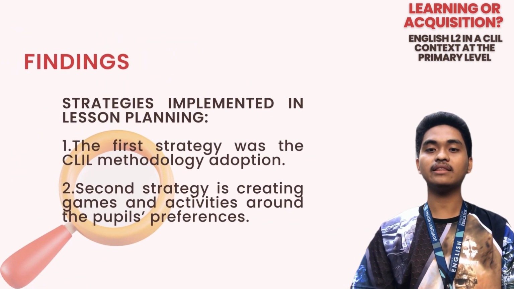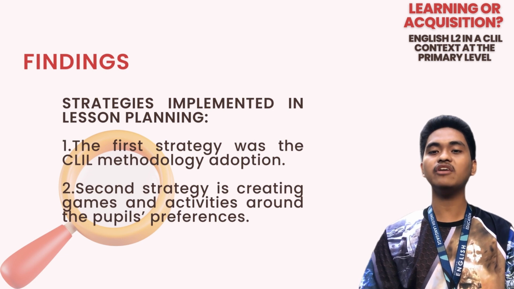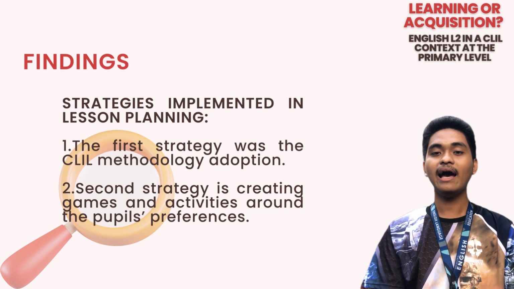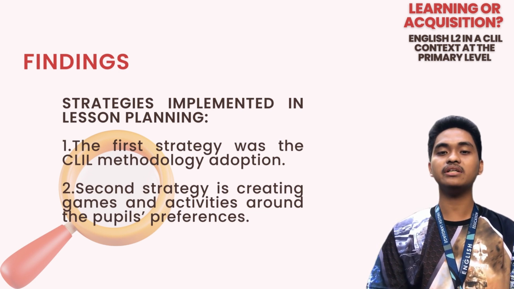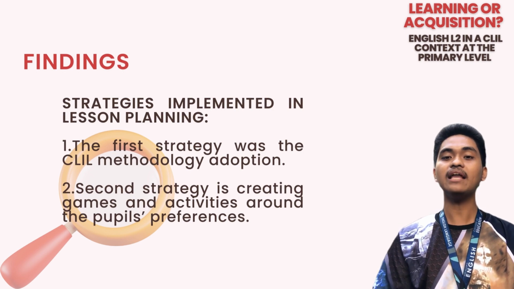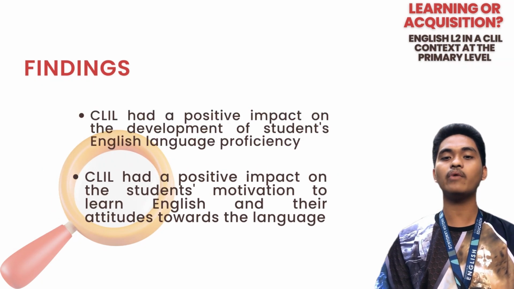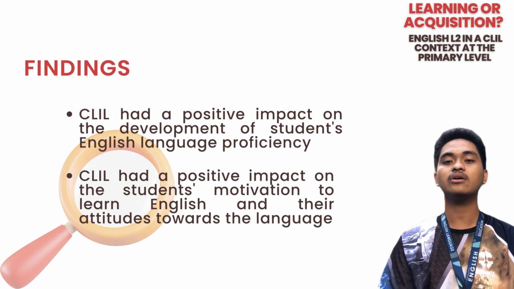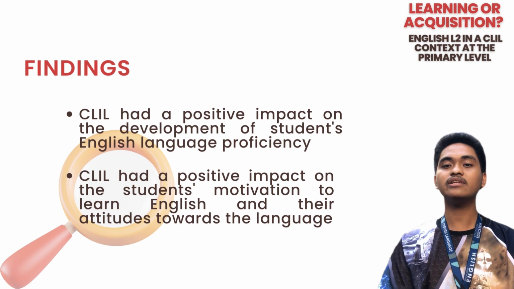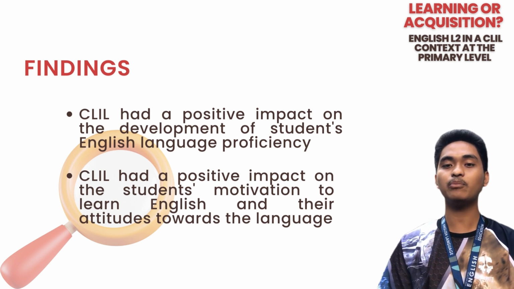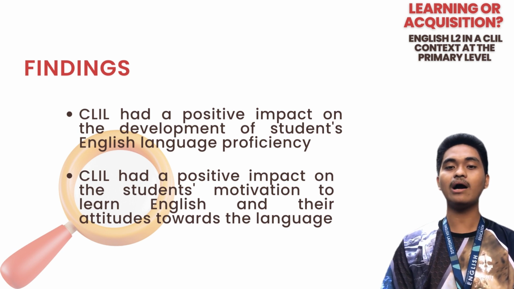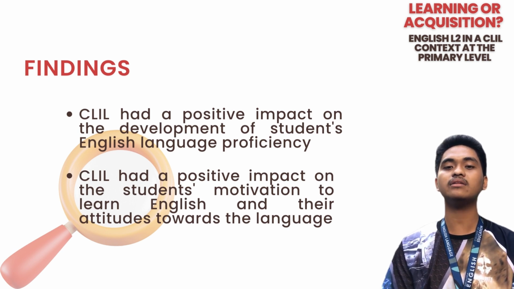Their answers were then listed and the conclusions were drawn from it. The integration of content and language was found to be more engaging and meaningful for the students, leading to a more positive learning experience. Additionally, the study found that the students' learning experiences in the CLIL program were more focused on acquisition rather than learning. The CLIL program provided opportunities for the students to acquire English through meaningful and authentic communication rather than through explicit instruction and memorization. Overall, the study suggests that CLIL can be an effective approach to English language learning at the primary school level, providing opportunities for students to acquire language through meaningful and authentic communication.